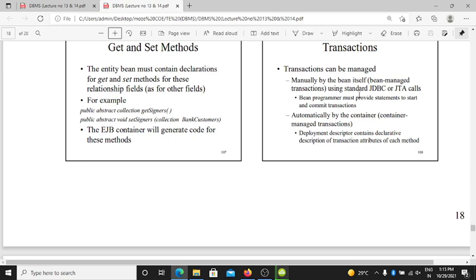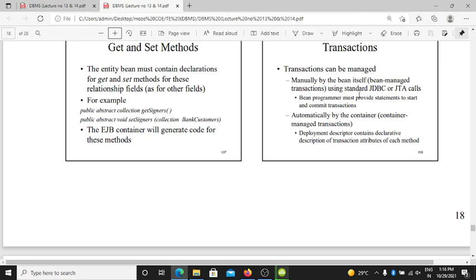Okay, transactions. Transactions can be managed manually by the bean itself, bean managed transactions, using standard JDBC or JTA calls. The bean programmer must provide statements to start or commit the transaction. Otherwise the container manages the transaction automatically.